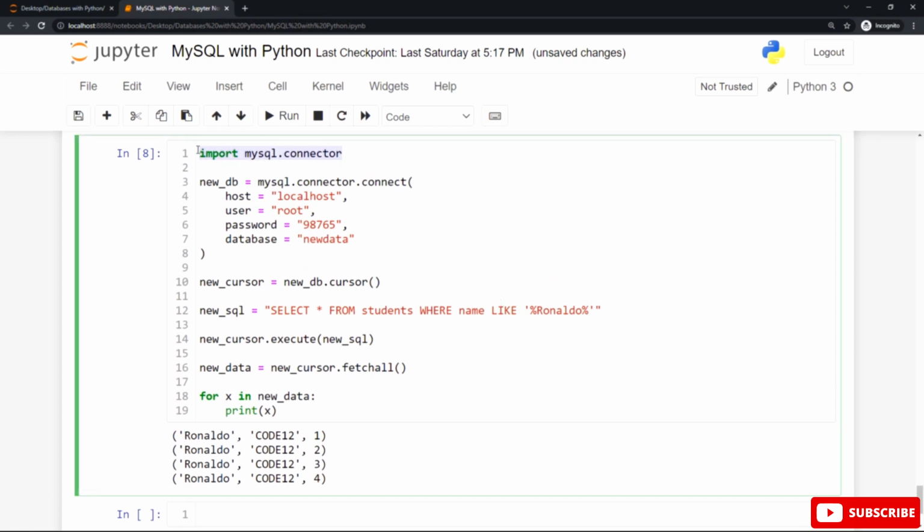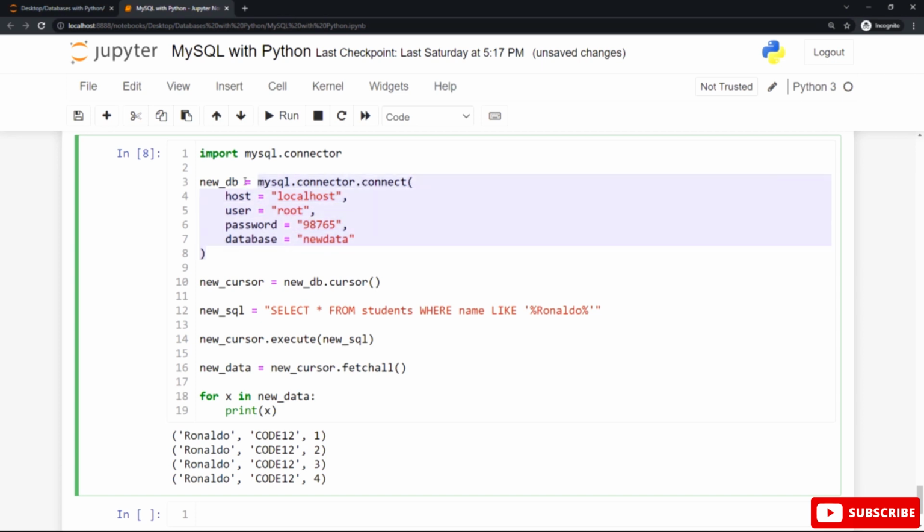First of all, use the import statement to import the driver or the connector. The import statement followed by the name of the connector. Create this connection for the database you created. Our database is called new data, as you can see. Localhost is the host name. The user is equal to root. Password equals this password we created previously, and our database, all that inside the round braces of the connect statement to create a connection to this database from the MySQL driver.